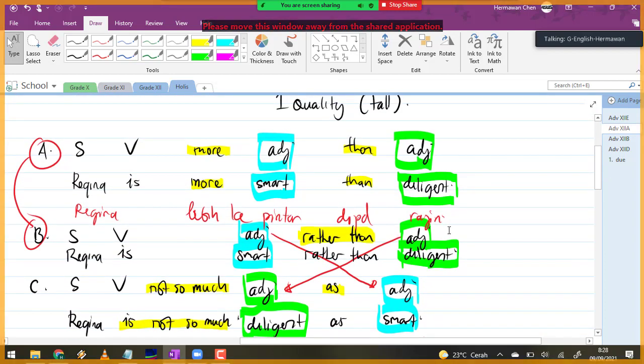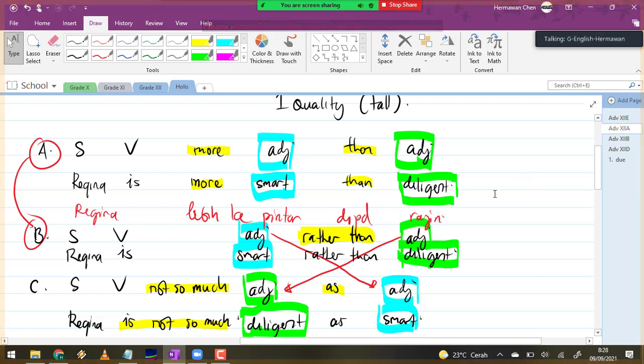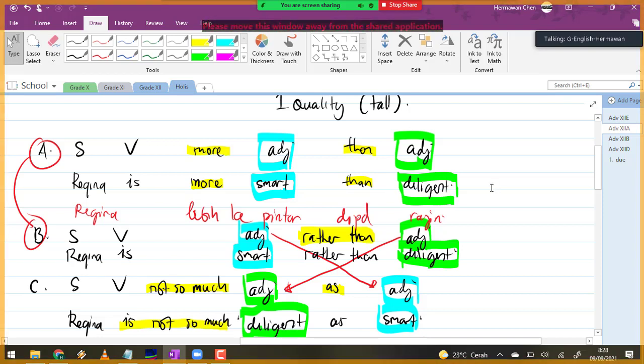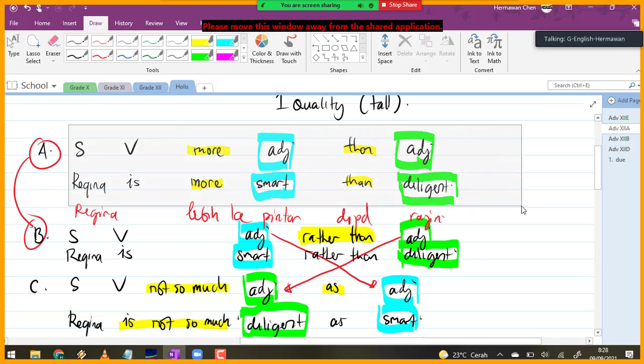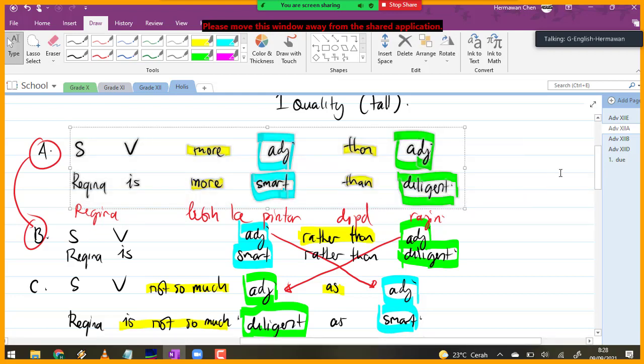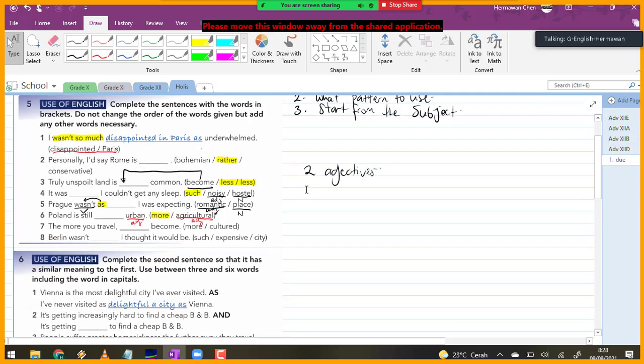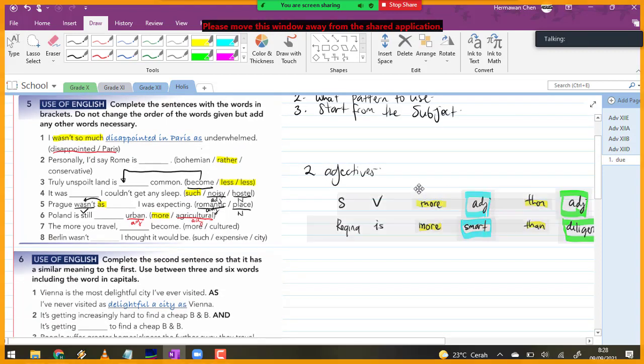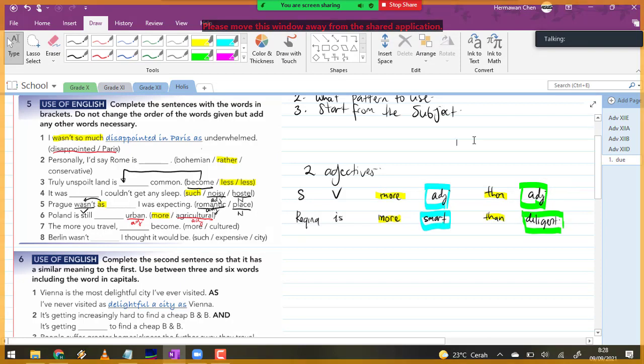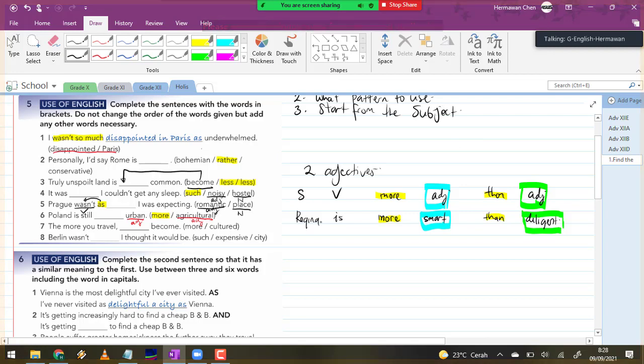This one, guys. Yeah, we compare two adjectives. Urban, agricultural. It means we have to use pattern number 4. And you need to find the pattern which uses more. Take a look. We have to use the first pattern because the first pattern has more. The pattern has the word more in it, right? So guys, use the pattern.